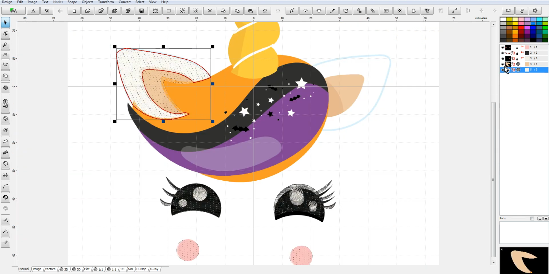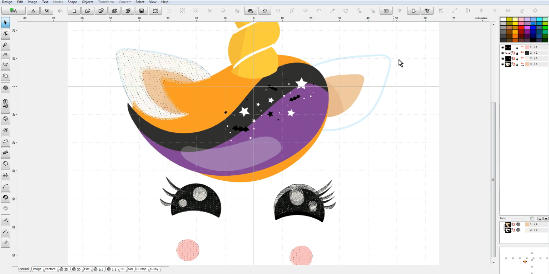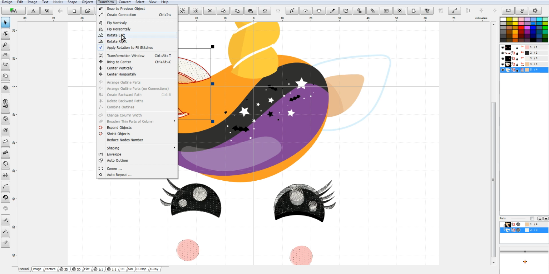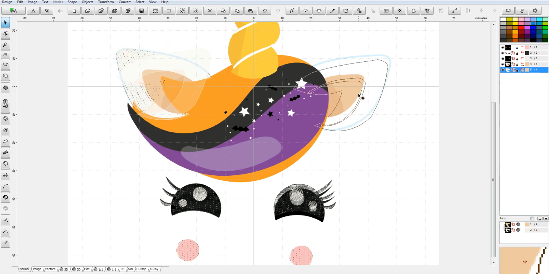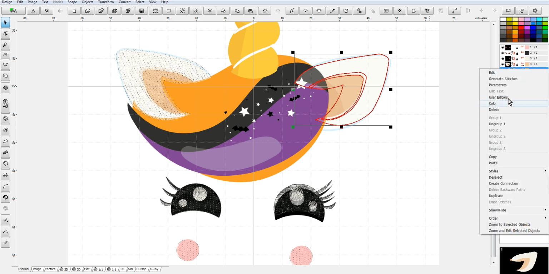So this is the ear, and we're going to group this, and we are going to actually copy it with Control C, Control V, which will paste it. In this pasted one, then we're actually going to do the flip horizontally again, and there this one is, and we will move it over here. Notice that the ear shape or the hair shape is different, so we're actually going to ungroup this one,